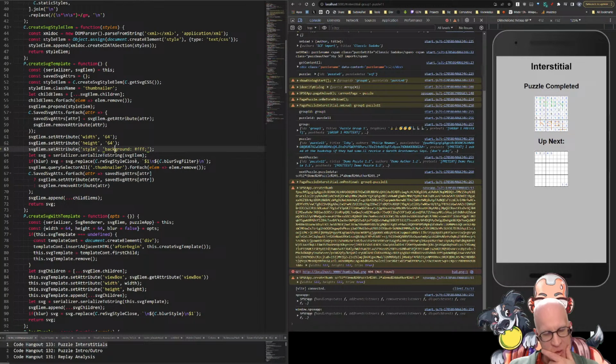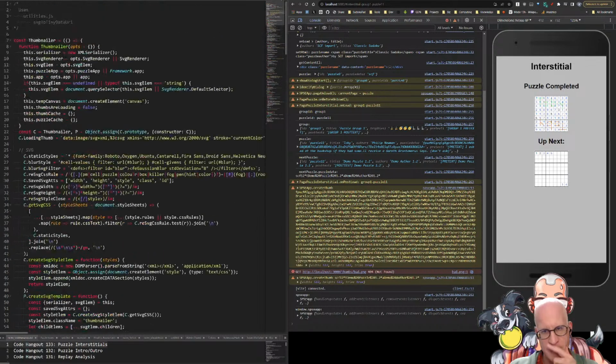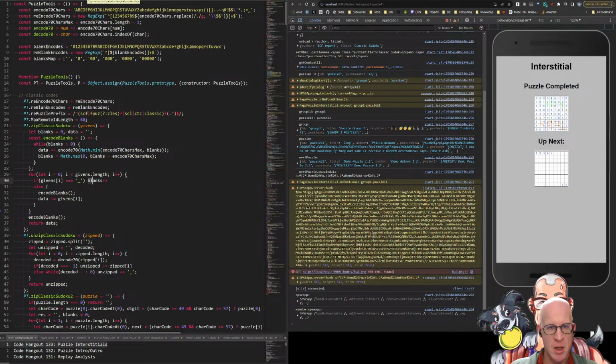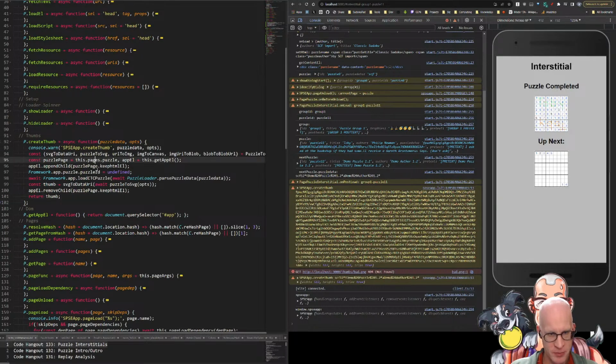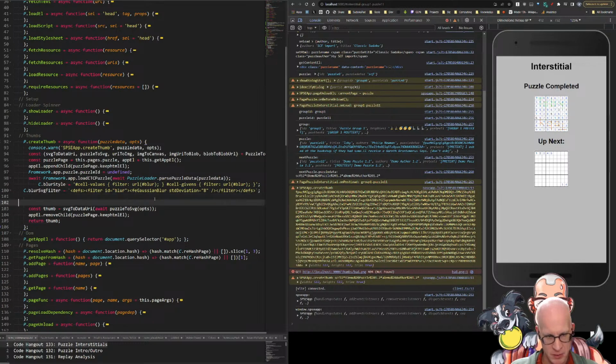Okay. So the blur gets applied to the SVG after the fact, right? And how exactly is it? Cell values, blur. URL filter, blur. Okay, so we have these two things. So puzzle to SVG, SVG to data. You're right. So we'll do an SVG equals